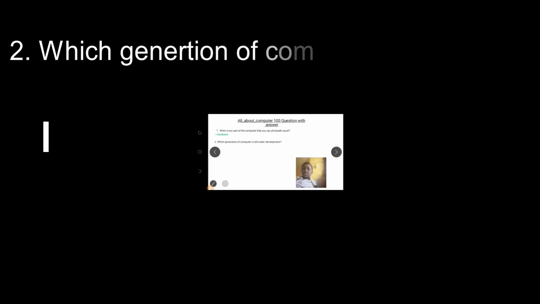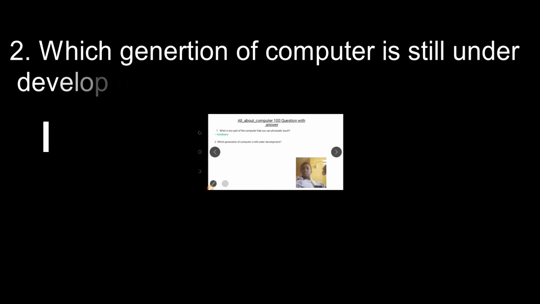The next question is, which generation computer is still under development? Under development meaning now there are some modifications. In this era there is no 100% perfect computer for personal uses or for the need of human beings.